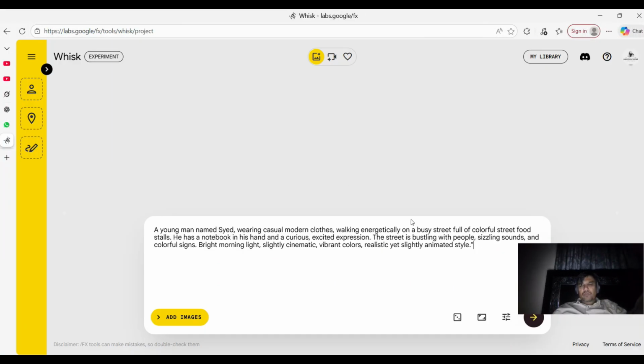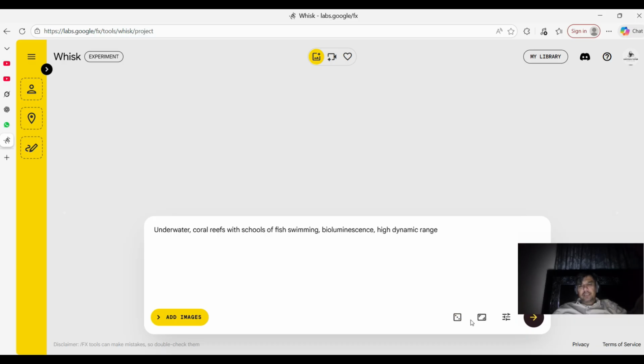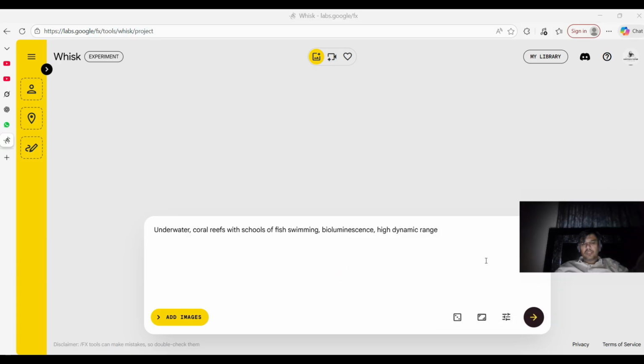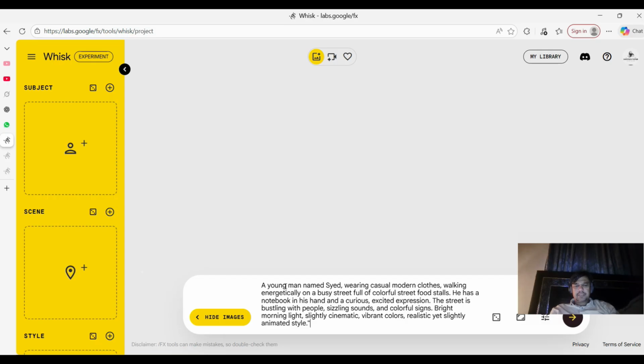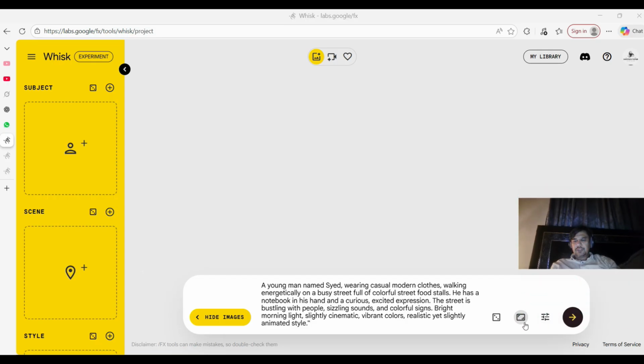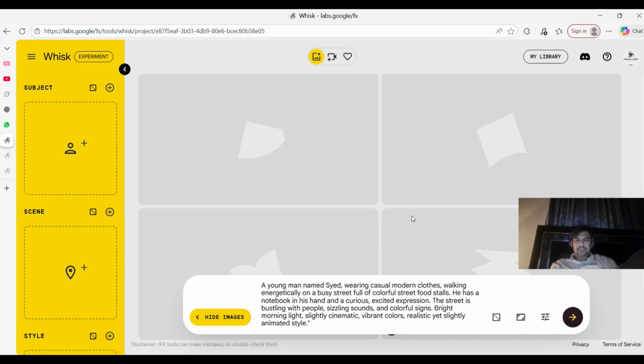Once you paste it, you can change the aspect ratio from here, as per the short story or long story you want to create: landscape, square, or whatever. Suppose I select this, and after that you click this arrow and it will start to generate.